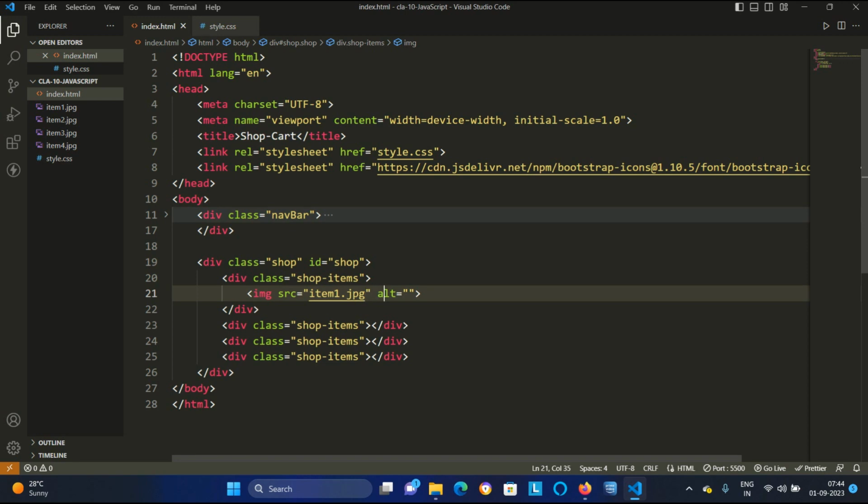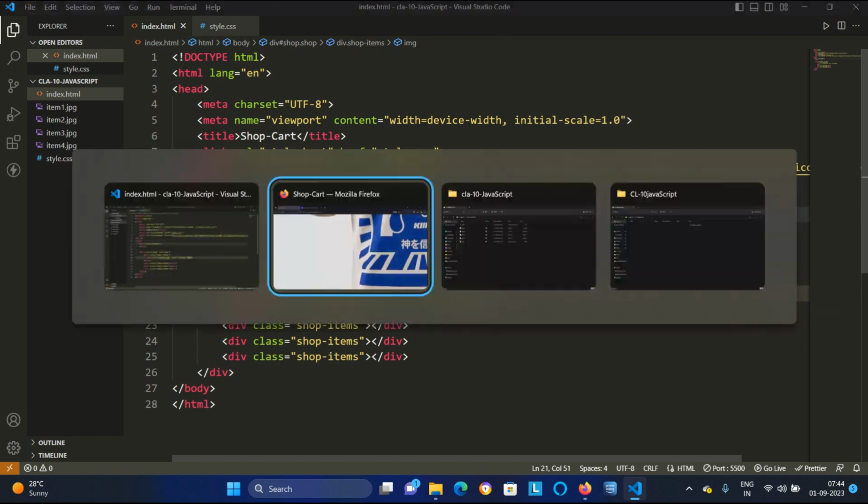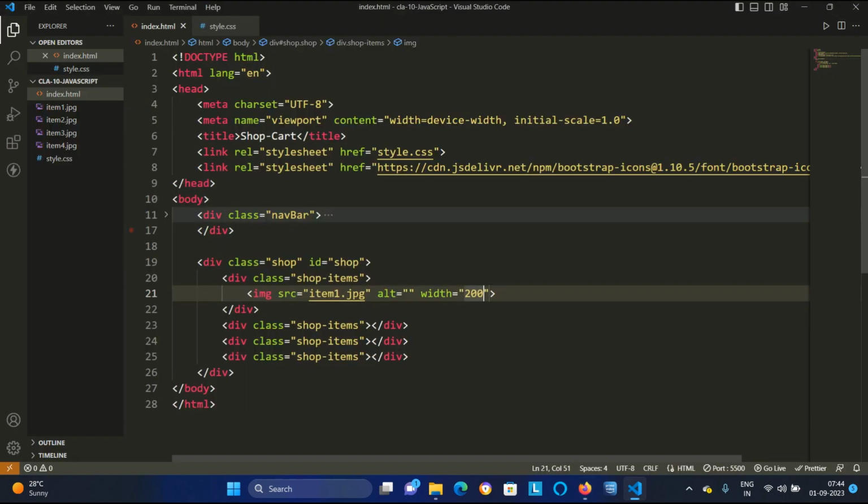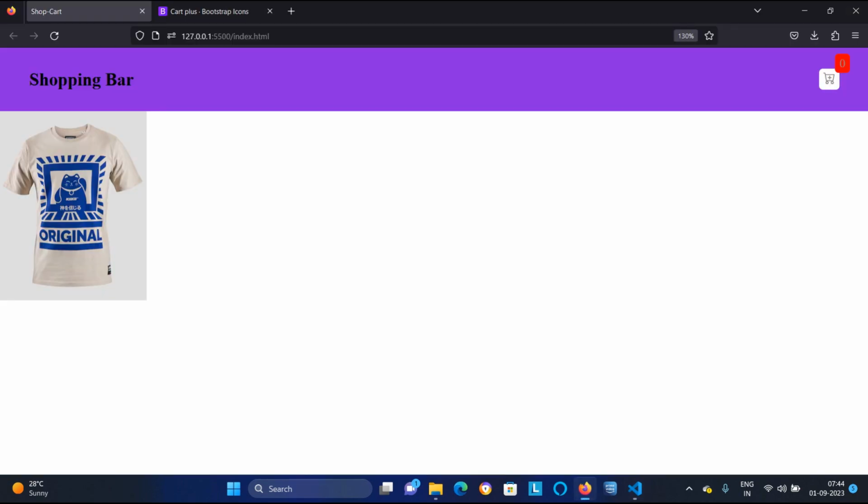Since it is coming big, I will set a width. I'll say width as 200. I will not use any pixel here, it will work in this way as well. So if you say only 200, not pixel, you can see your image is coming in this way right now.